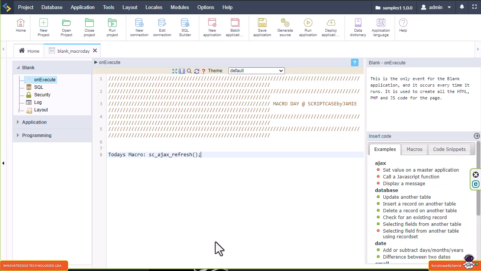So how to use the SC Ajax refresh macro? Well, as you see it right here is how we use it. It really is as simple as that. The syntax, it couldn't be any simpler. Now there are no parameters to add, so all we need to do is really add this snippet of code